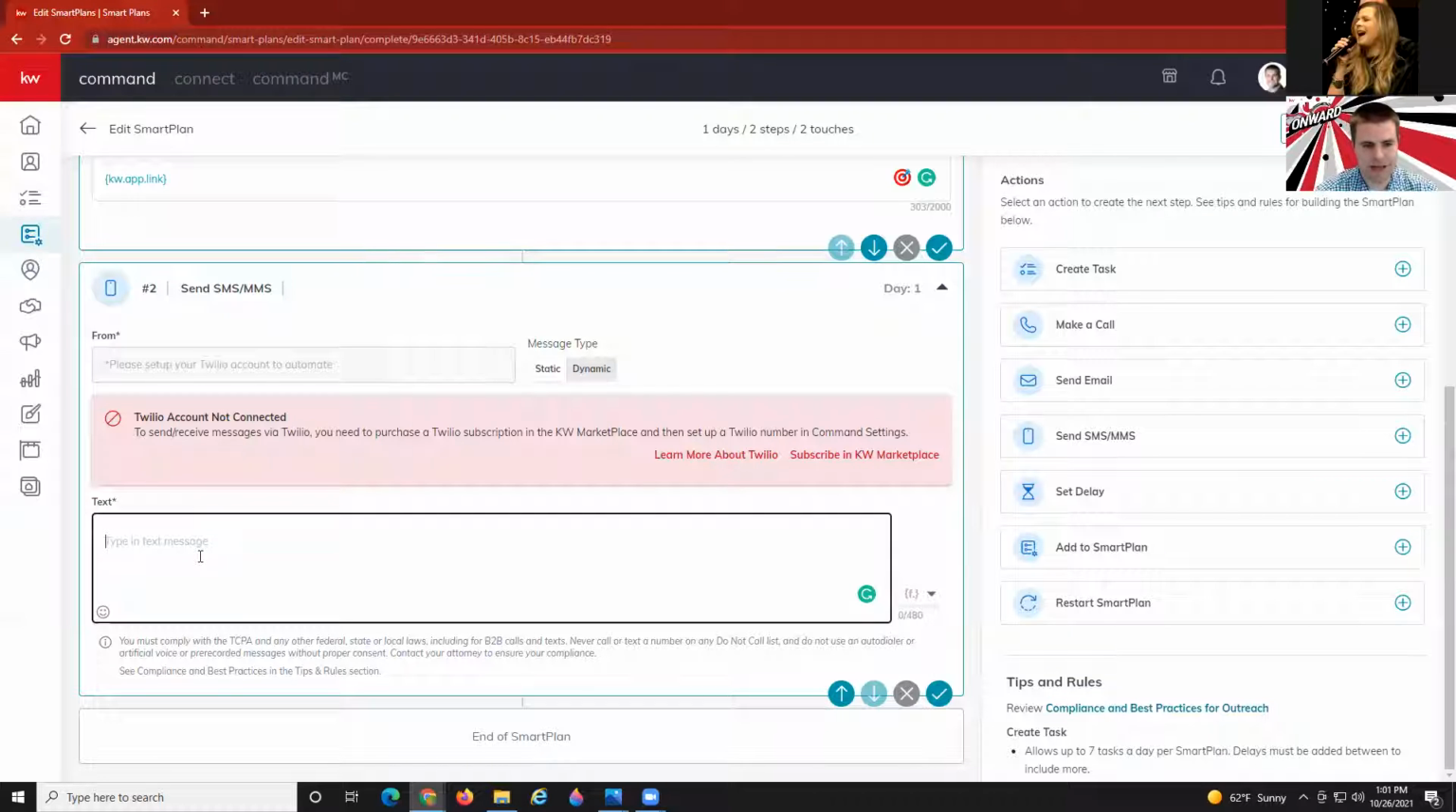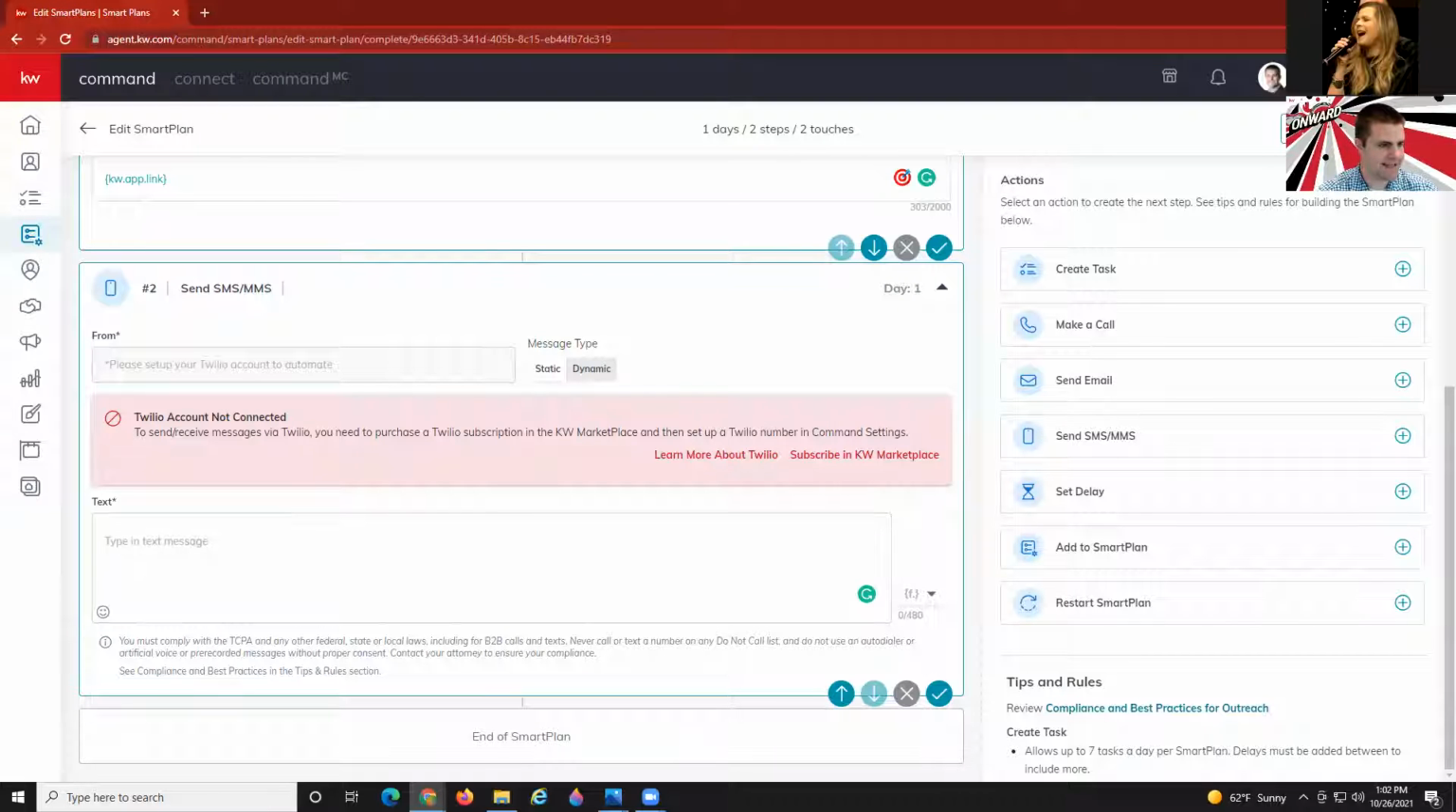If it's a random person that came through my open house, it doesn't matter what number they received the text from, because they didn't know my number in the first place, okay? So in this example of sending a text,